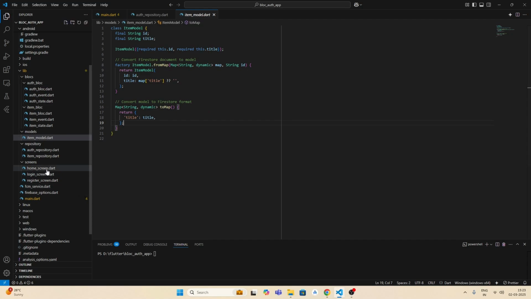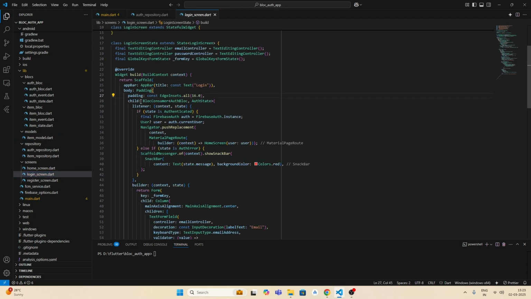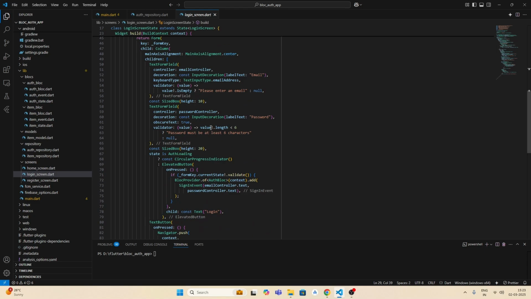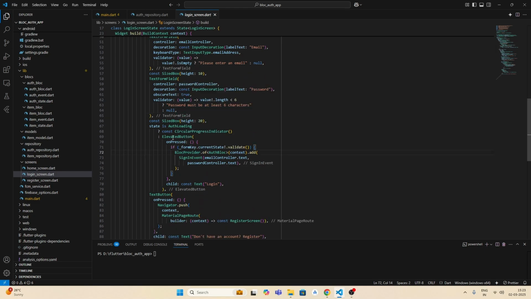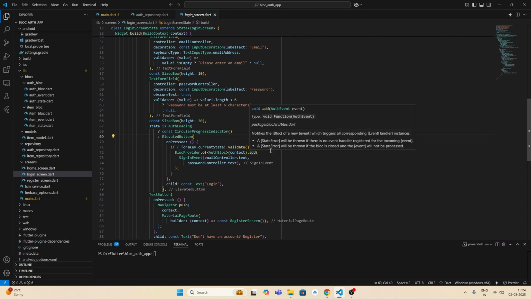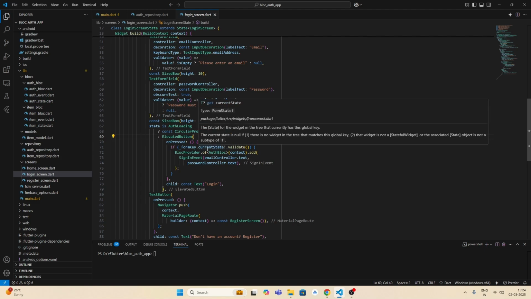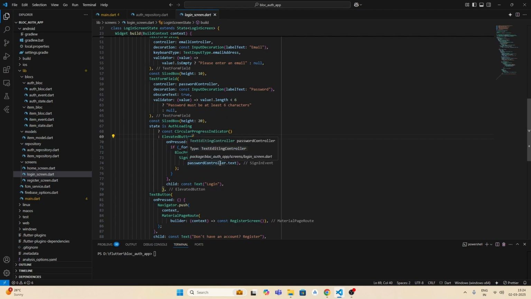Finally, here we have home screen, login screen, and register screen. In login screen, we have this Bloc consumer which has a listener, and when the login button is clicked, this is the login button, we add the sign in event so that the sign in event is emitted and the state is set to loading, and then there is a sign in using the Firebase, and then if the sign in is successful, then the